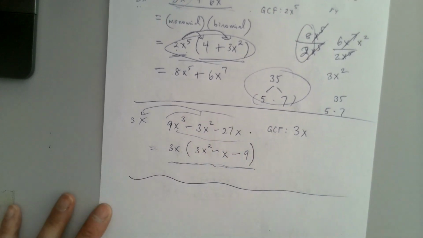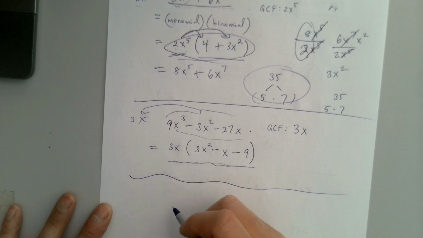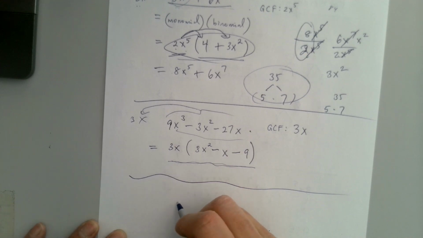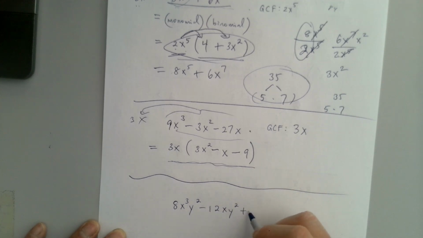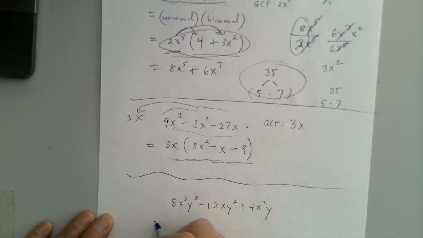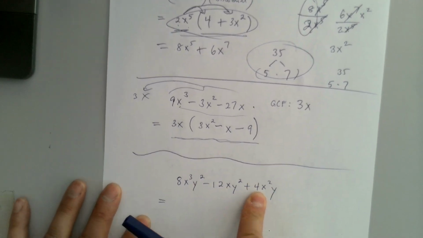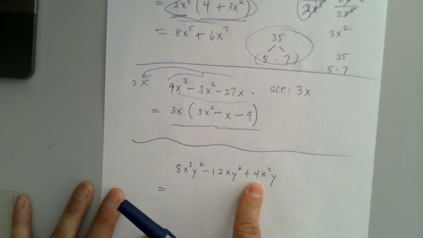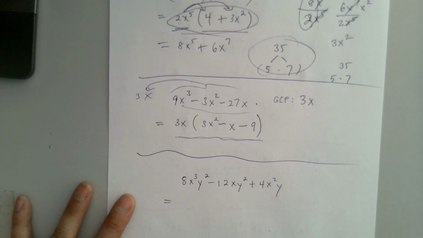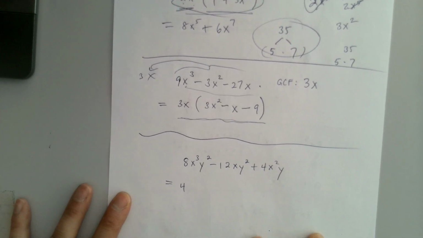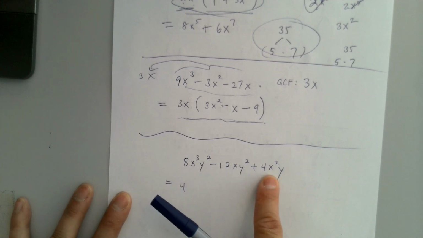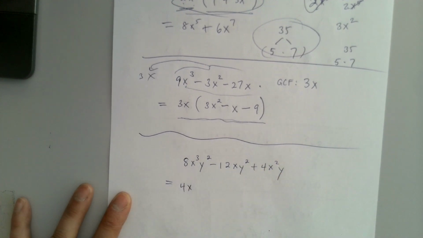Okay, we'll do one more. I'm going to throw a second variable in it now. Okay, first coefficients, 8, -12, 4. GCF of 8, 12, and 4 is 4. Now I go for the x's. X cubed, x squared. The most they have in common is a single x. Now the y's. Y squared